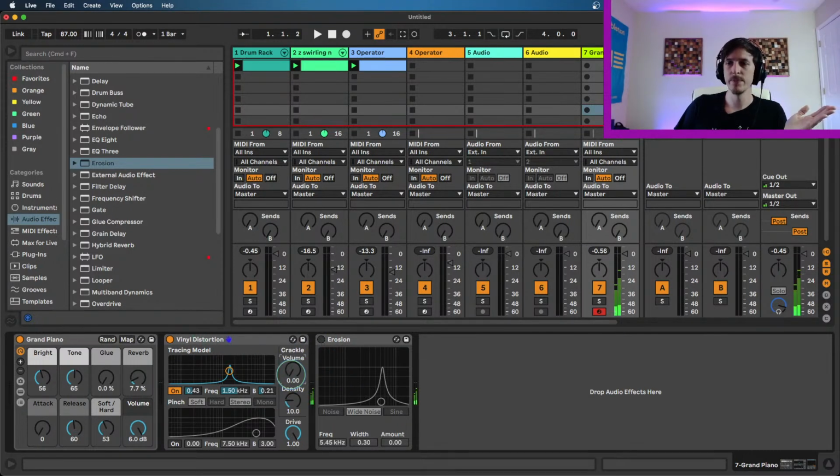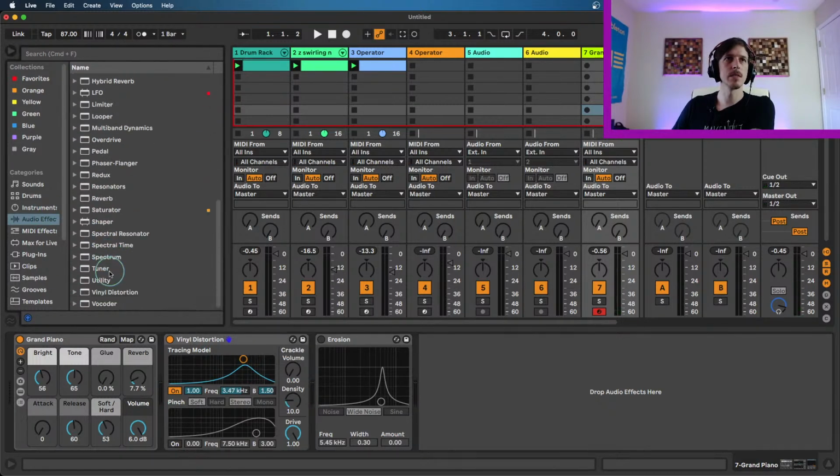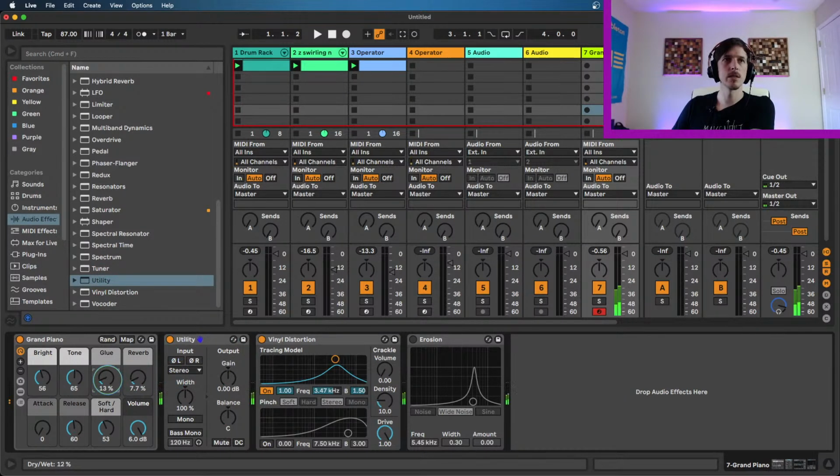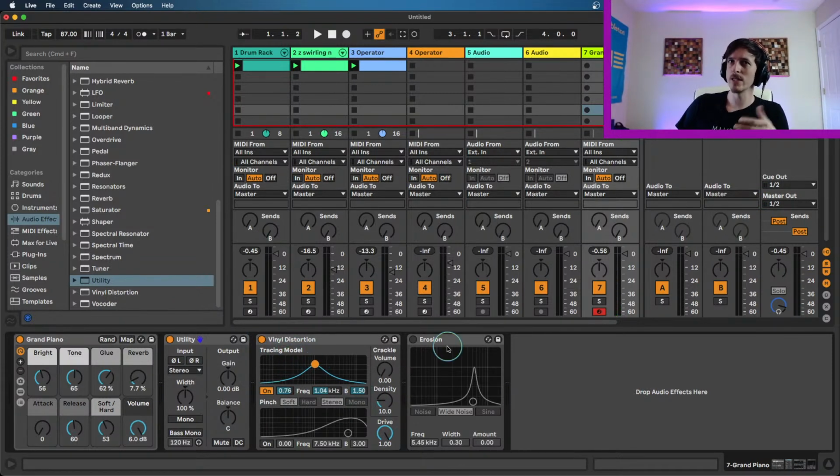Yeah, so crackle just makes noise. And then the tracing model is going to also, like I said, act very similar to erosion, where if you turn up the amount, let's make the width a little wider. This also is going to need a little bit more volume to actually be heard, so let me crank this up a little bit. There we go. So it adds this really subtle distortion. It's not quite as noisy as erosion,